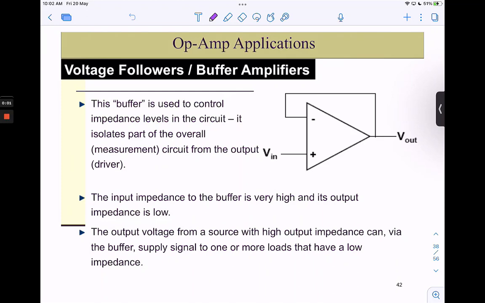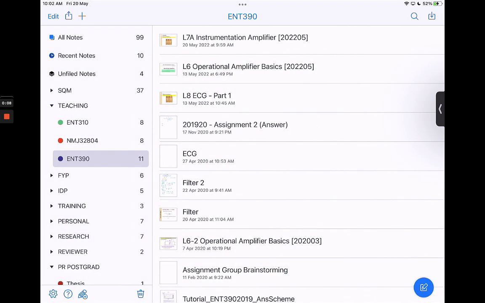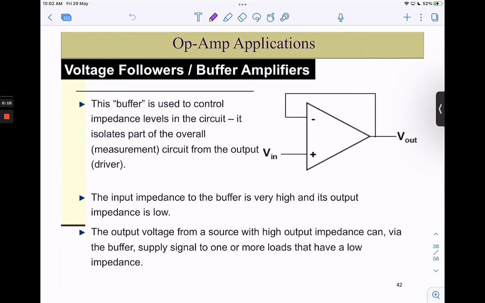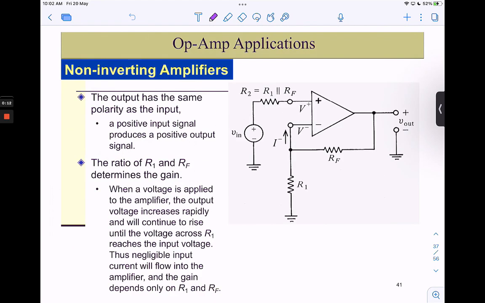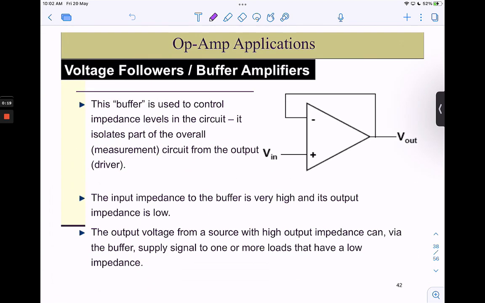Alright, so last time we stopped at the previous slides, at the non-inverting amplifier. I have given you the video, so I hope you already watched the video. And if you have any questions regarding how to come up with the transfer function for the inverting amplifier, non-inverting amplifier, and differential amplifier, you can just